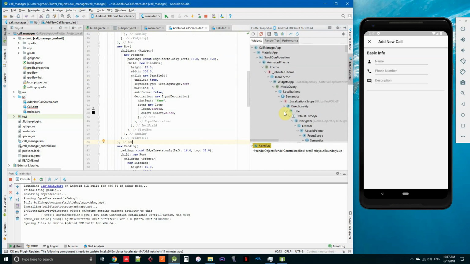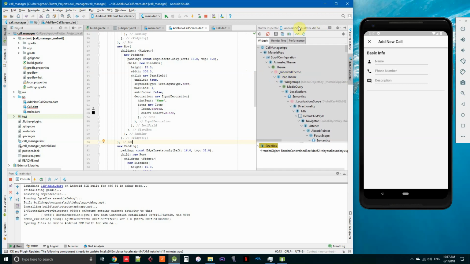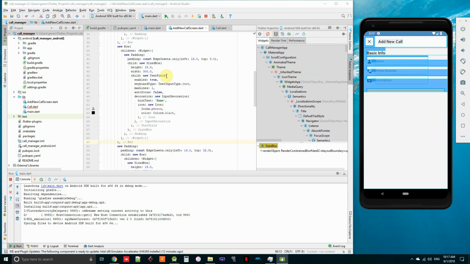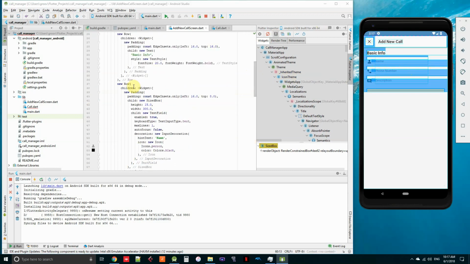So the point is, I don't know if you can tell here, but this outline right here is the sized box for the text field. This blue line right here stretching across and then coming down is the row. So there should be space here for something else. But when I actually go and do that,